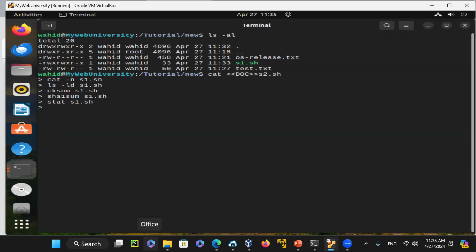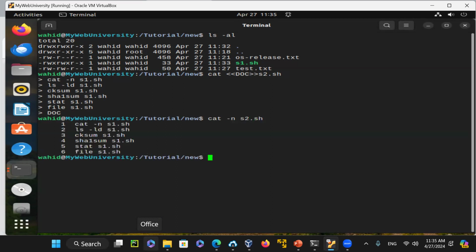You can run a number of commands, right? File s1.sh. So now you did this one, and at this time I'm done with it. I say dot. So for those lines, if I just say cat -n s2.sh, you can see those commands there. All of that is there. But again, this one was not creating the output. So what I wanted to show you is to create it in the output. So if I just run this one, s2.sh,